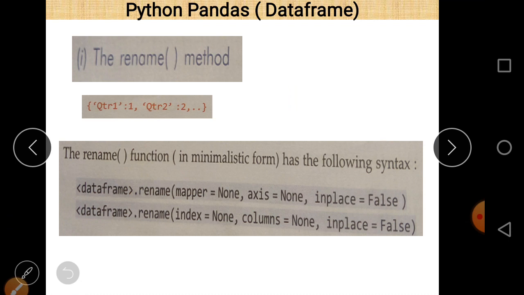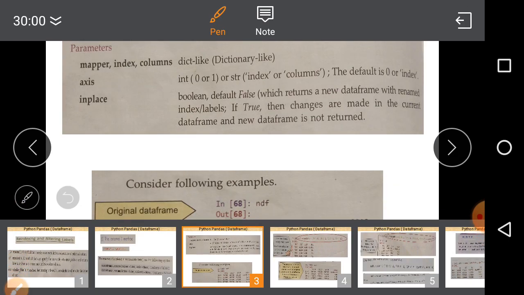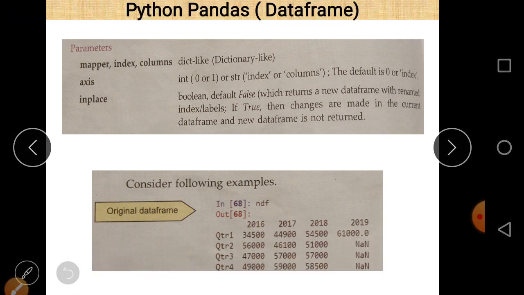So let us take an example. I already discussed these parameters: mapper, axis and inplace. Mapper is index or columns whose names you want to change. Axis may be axis 0 or axis 1, along row or along column.